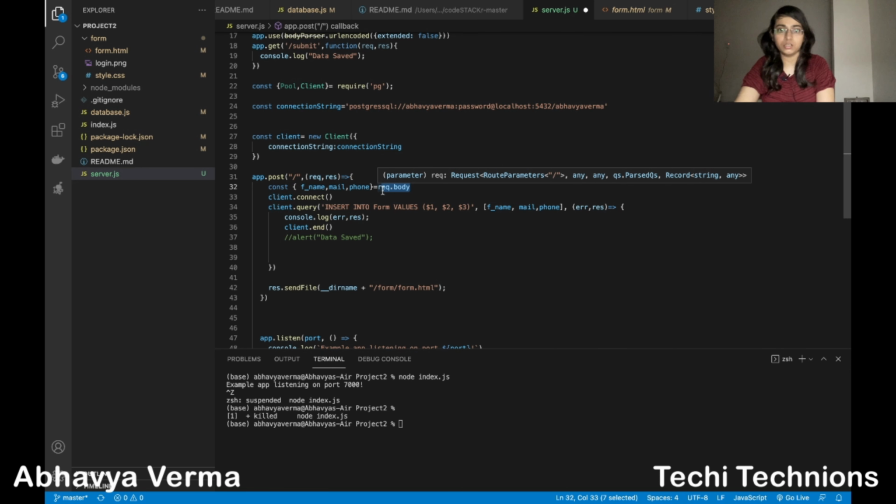If you print console.log request.body, then in the console you will get the values you have submitted in the form. Then client.connect is for starting the connection, and then the query: insert into values $1, $2 and $3. I have given these three values as fname, mail and phone. It takes parameters like 1 is for this one, 2 is for this one, 3 is for this one. Then if there is an error, it will print out the error.